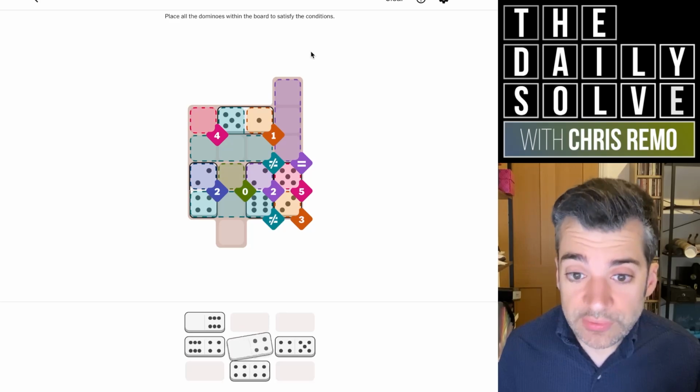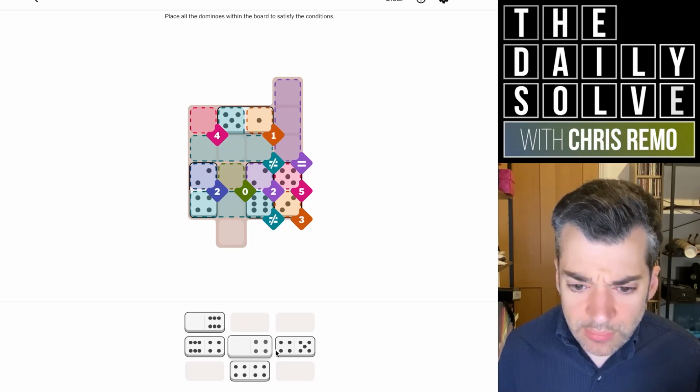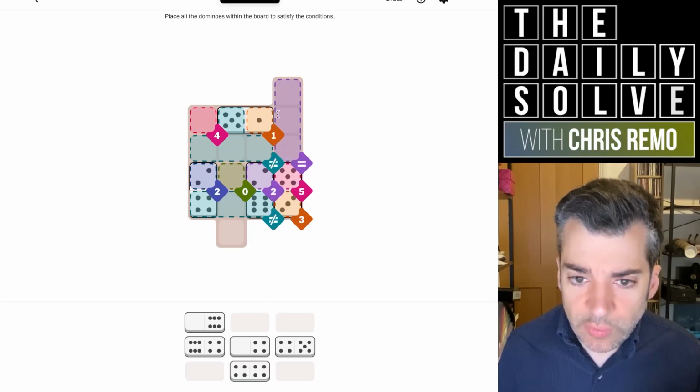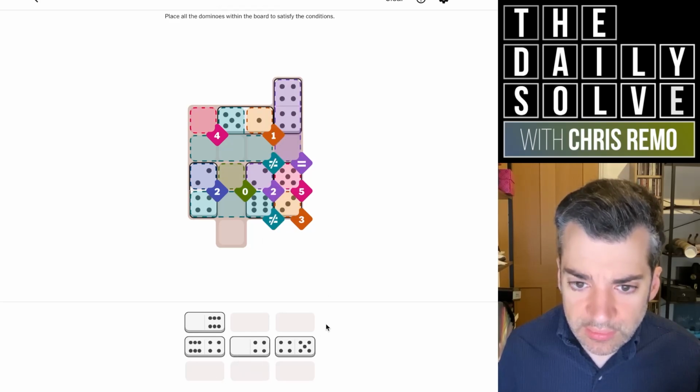Oh, I forgot about the 3-sized equivalence region. Sorry. That could be 4s. In fact, with what we have left, it needs to be. So we'd need a double 4 here. And then